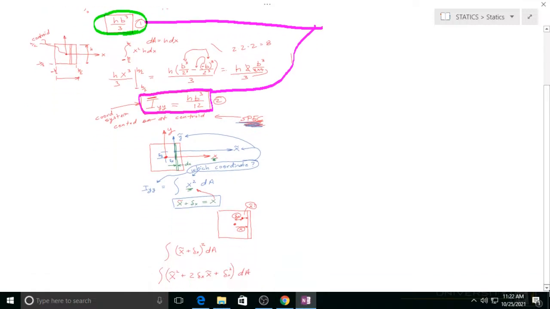So now I'm going to use this to relate these two, and the reason this is special will become apparent in a second,